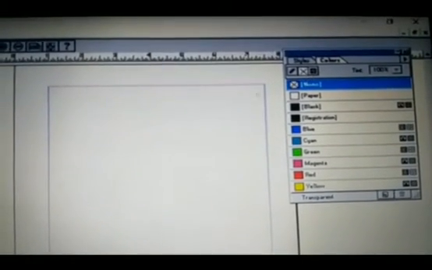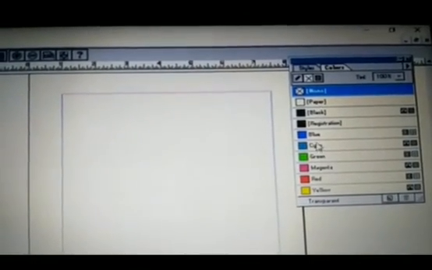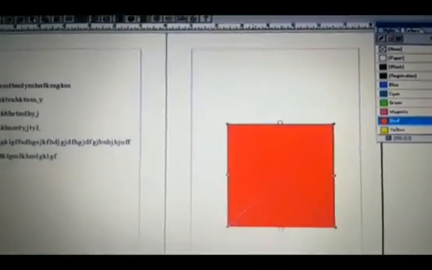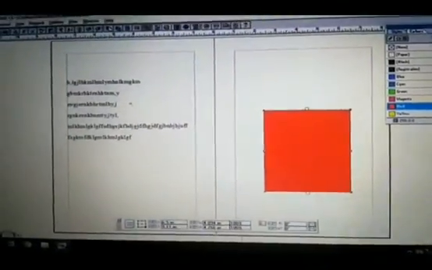Here I am choosing some other color, green or red. Now I am going to draw the frame. Yes, now the frame is red color, and here is my text. I am going to select the text.